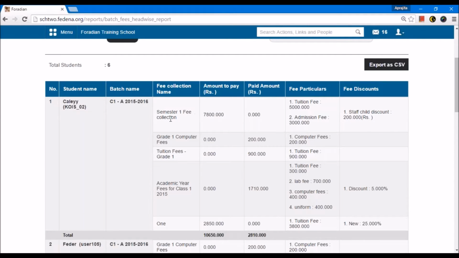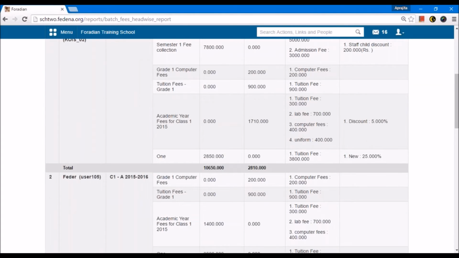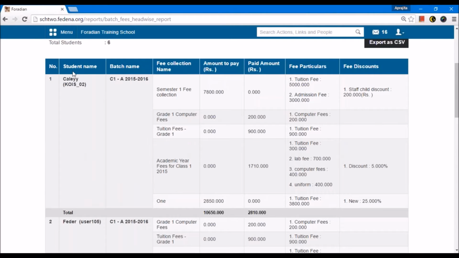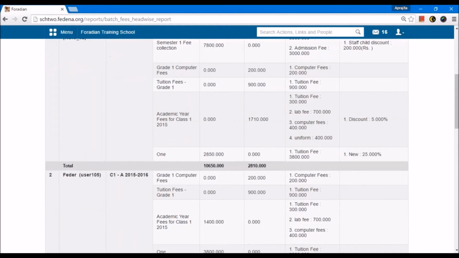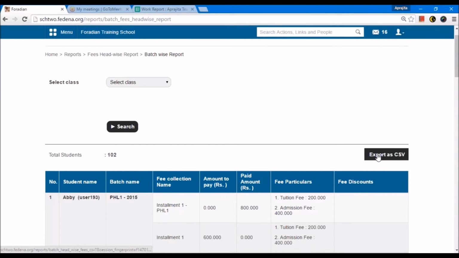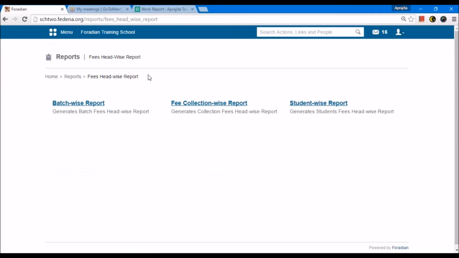Any discount that is applicable for that student for the fee collection is also shown here. So you can check the total as well, which is the sum of all the collections for this student. So here you can also get this report into a CSV by using this option. So this is about batch-wise report in fees head-wise report.